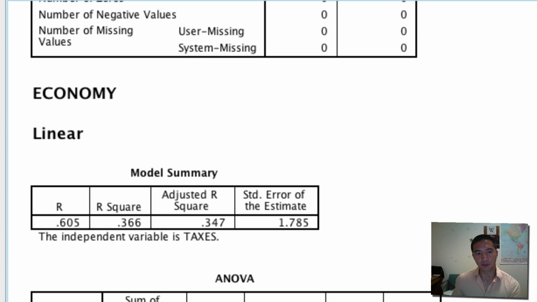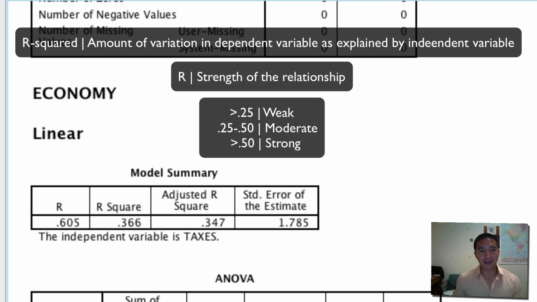Here we have the model summary of r squared and r. What r squared basically means is the same thing as eta squared when we were doing ANOVA. Taken as a percentage, r squared here is 36%, which means, and this is going to be the case with all r squared descriptions, 36% of the variation in the dependent variable can be explained by the independent variable. The perfect r squared, of course, would be 1, meaning 100% of all the variation is explained by the independent